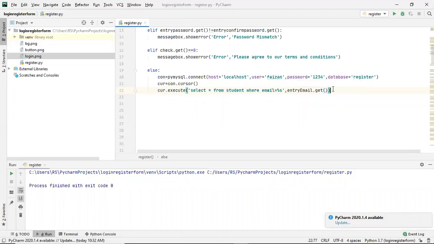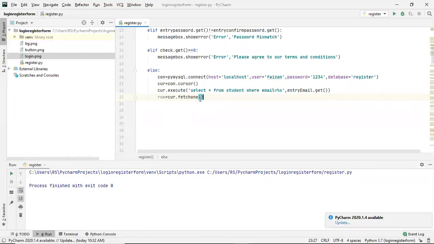After that, we will get a row. Row equals cur dot fetchone.